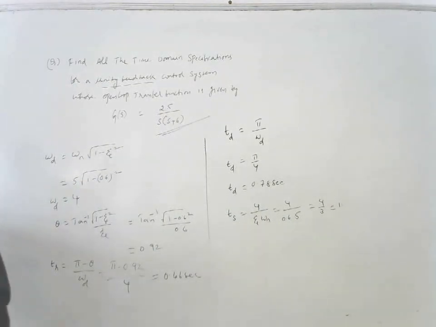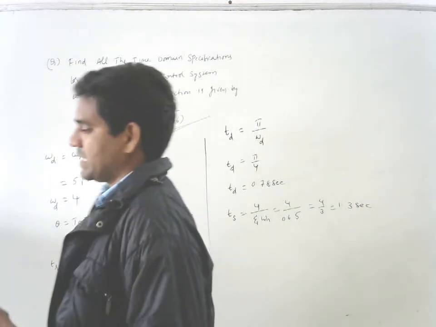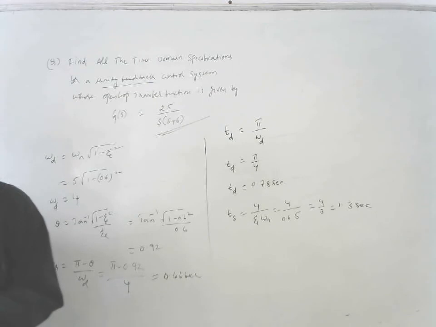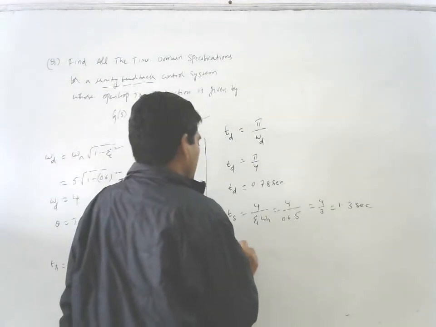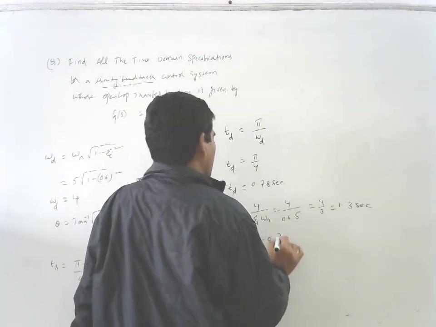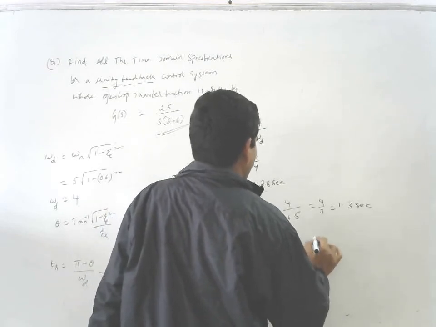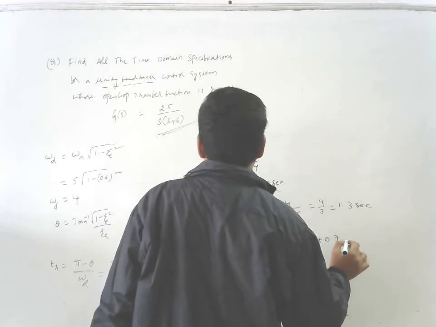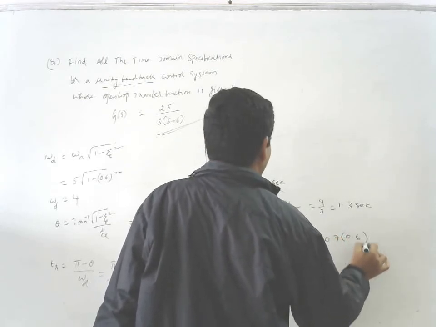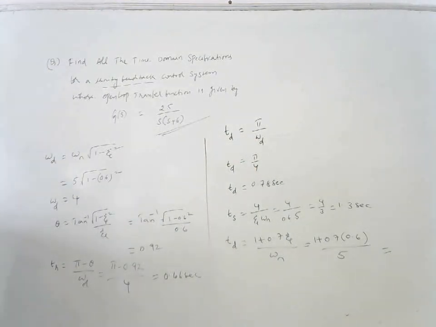TS value we are going to get 1.3 seconds. Over TS, over TP, over TR, TD value we are going to get. TD equal to 1 plus 0.7 zeta by omega n. That is 1 plus 0.7 into zeta value, 0.6, by omega n, which is equal to 5. If I am simplifying this thing, TD equal to